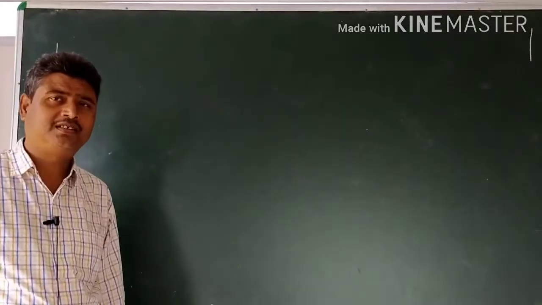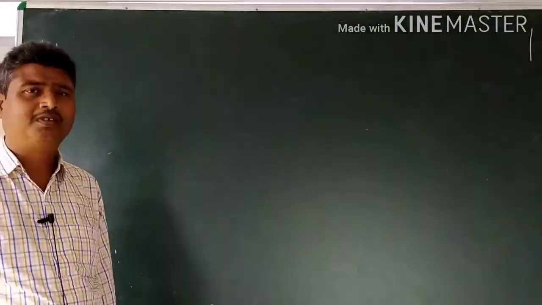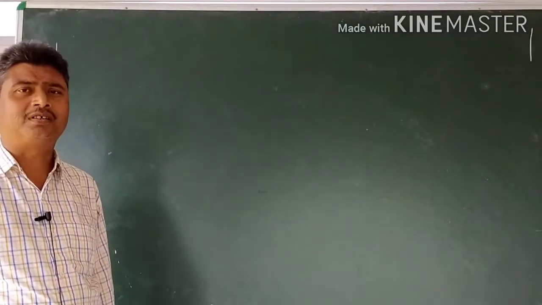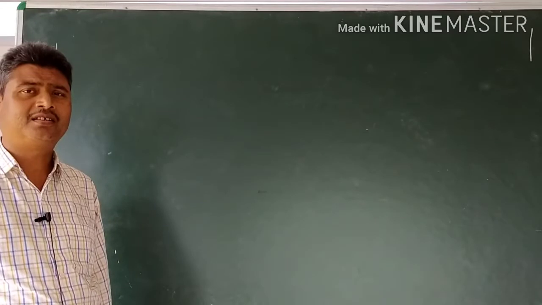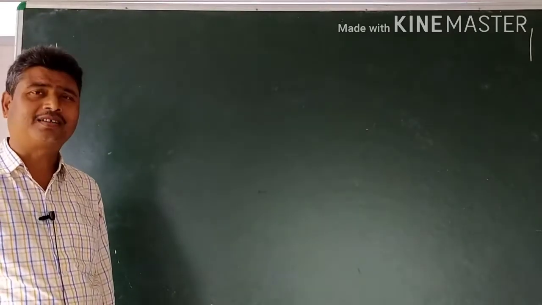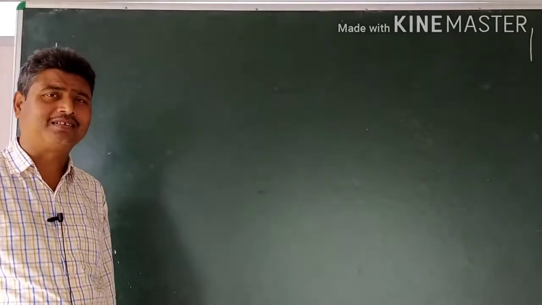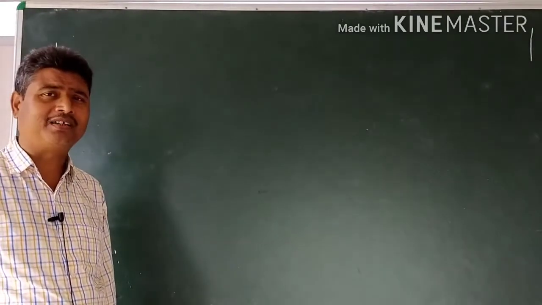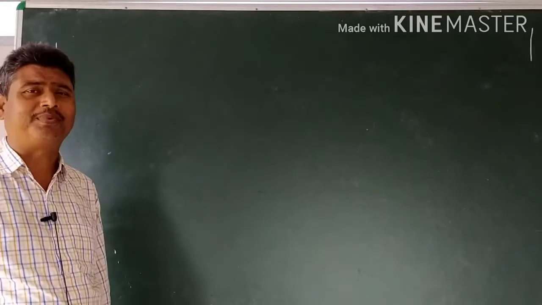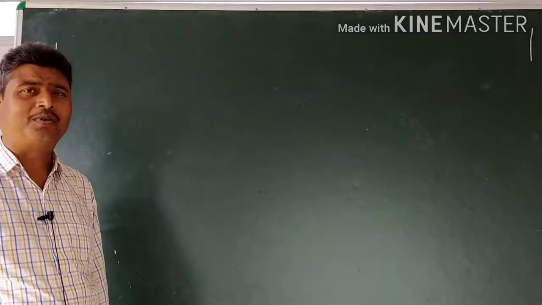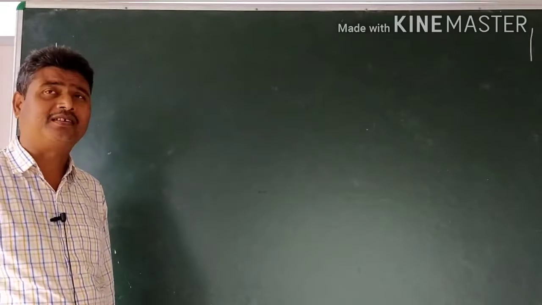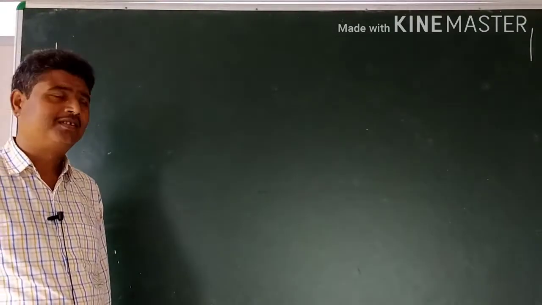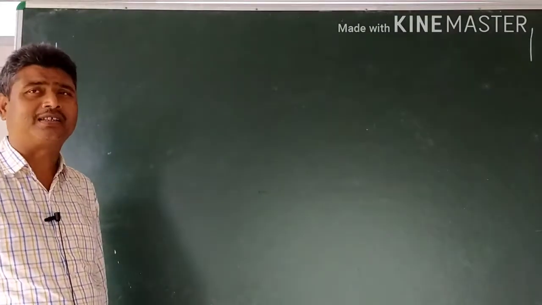Dear student, in this video we will learn about the process of hybridization: when a coordination compound is paramagnetic or diamagnetic, inner orbital complex or outer orbital complex. What would be its effective atomic number, EAN? So I am going to start this.